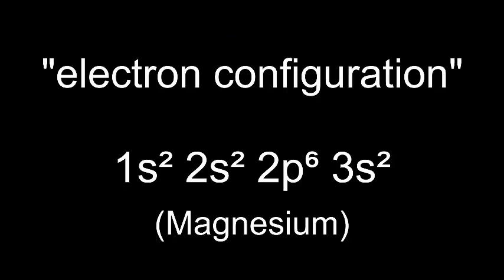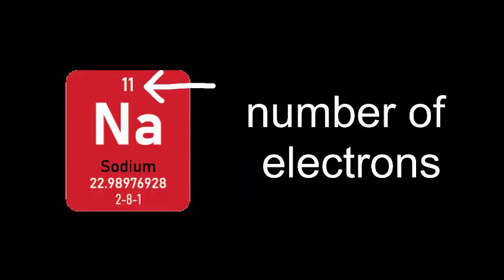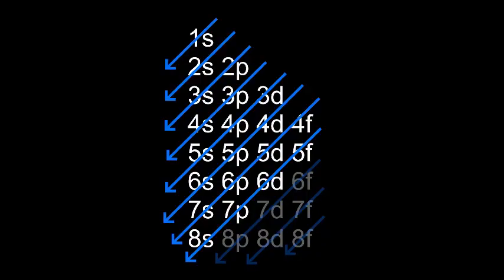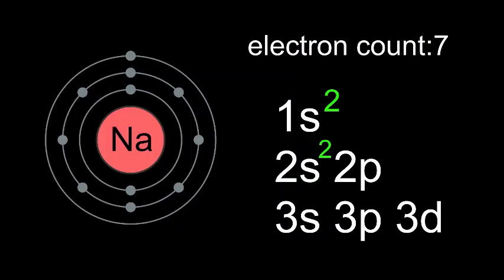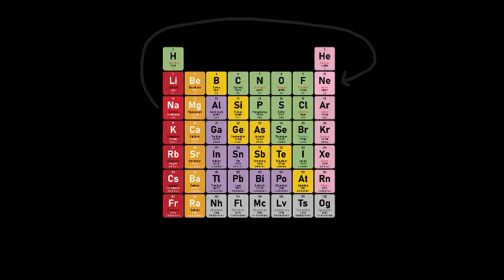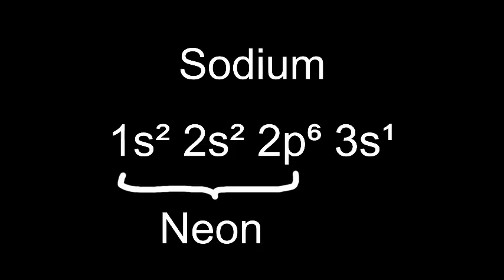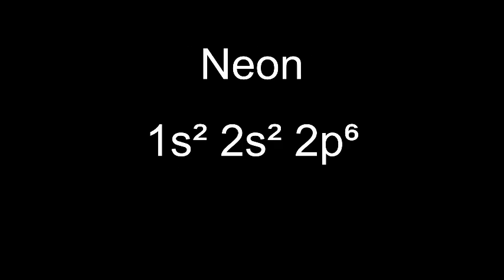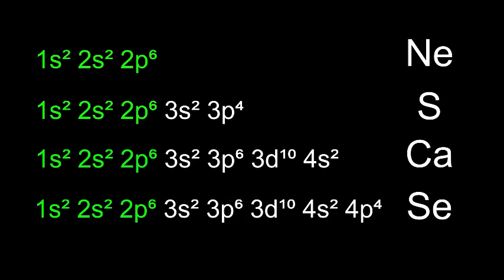To get an electron configuration, just look up the number of electrons of the element in the periodic table and fill up the subshells in this order until there are no electrons left. This would be the electron configuration of sodium. You can also look up the next smallest noble gas and shorten it by just referring to its electron configuration as the base, because those shells are full and don't change for any bigger elements.